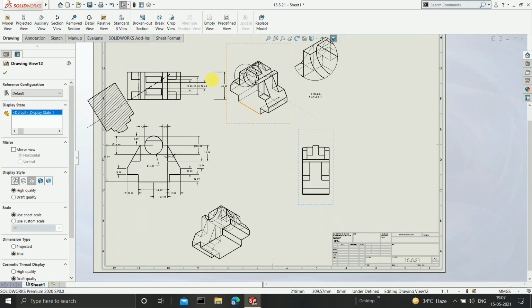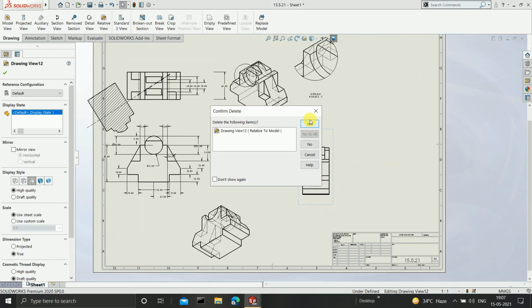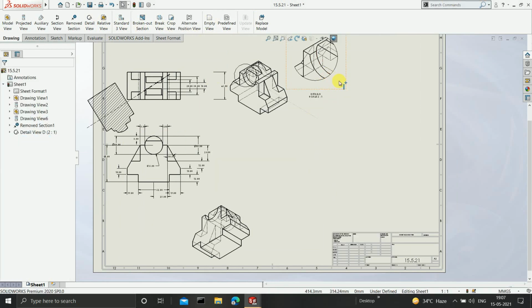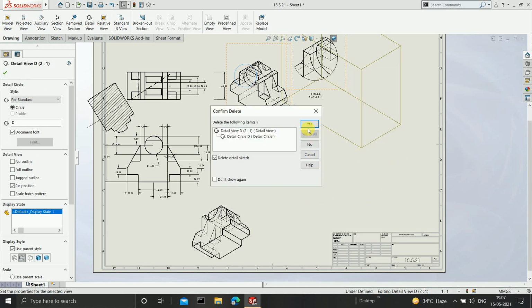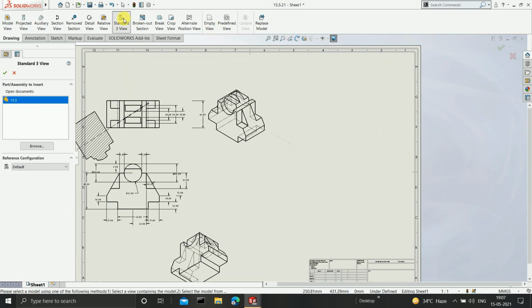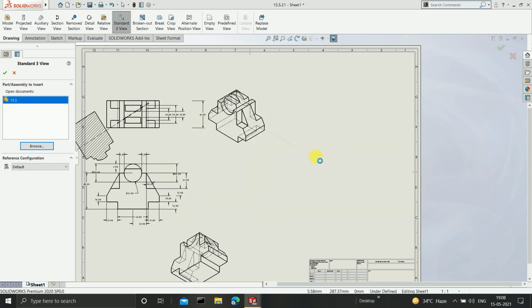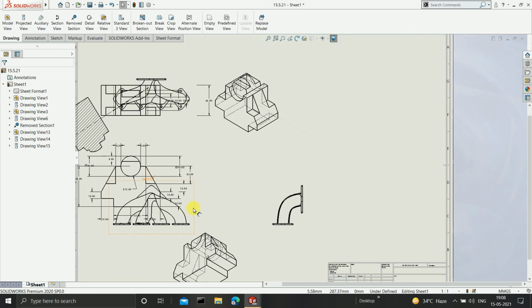Now here you have standard view as well. Before moving on to the standard view, let me delete this because there is no space left in the drawing sheet. I'll delete this as well. Okay, so let us click on standard 3 view. This is a very easy tool. For example, if I browse for a certain part, I'll browse for exhaust manifold again. I'll click on open, and simply what will happen over here is that, see, I have got the front view,